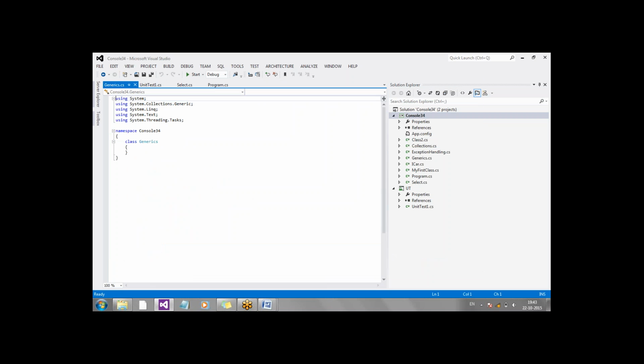Let me write some code and explain generics using that code. I have a very basic, very simple requirement, which says create a method which prints whatever you pass to it. It's a void method called print, and I have int a,